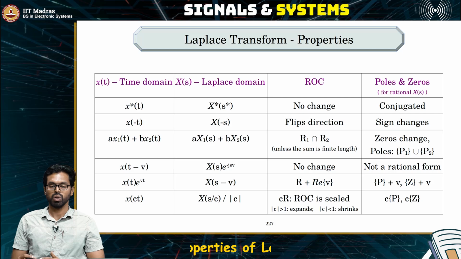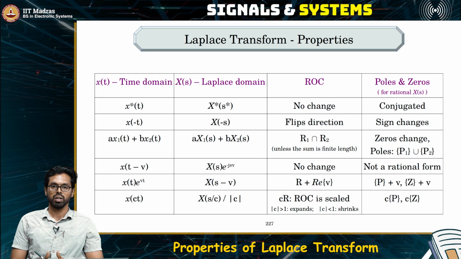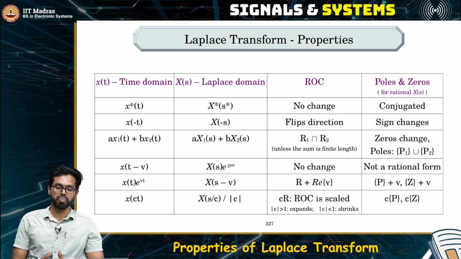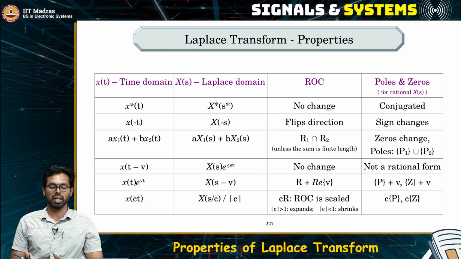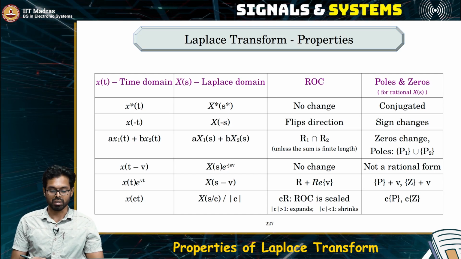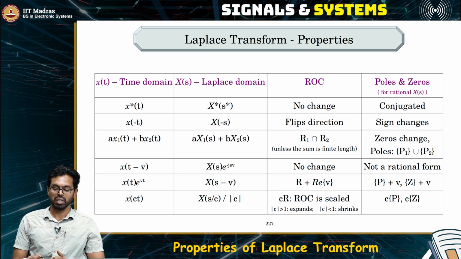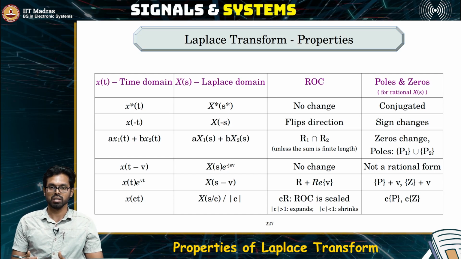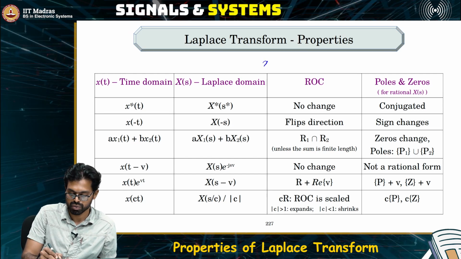In the previous lectures, we saw what the Laplace transform is, and how we obtain it from the Fourier transform just by multiplying any given signal, if it is unstable, with a decaying exponential, and then finding the Fourier transform of that signal gives us the Laplace transform. So basically, the Laplace transform is derived from the Fourier transform in our analysis. Once we obtain the Laplace transform, we have several properties, just like in the Fourier transform. We say the Laplace transform exists whenever the Fourier transform exists for the signal